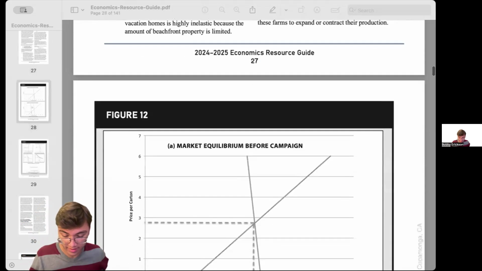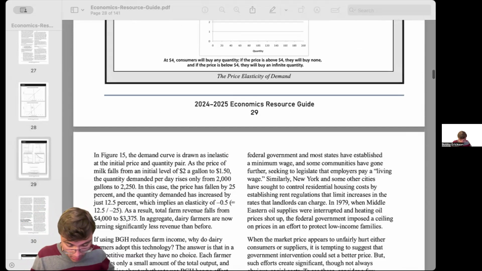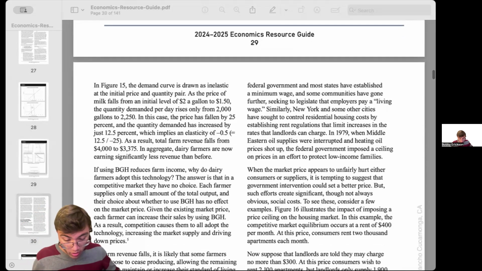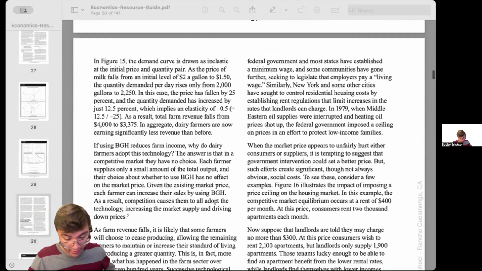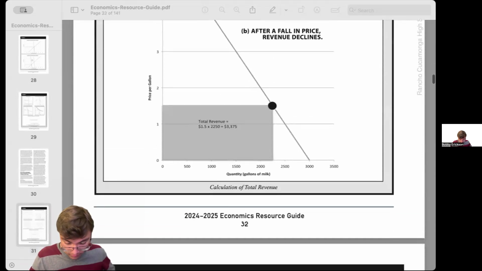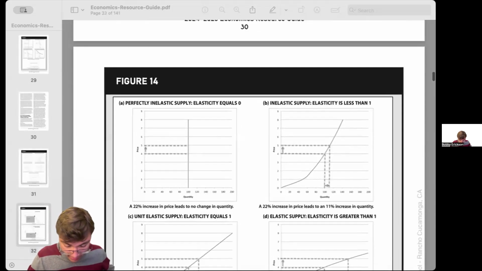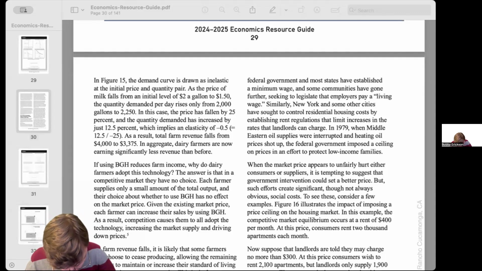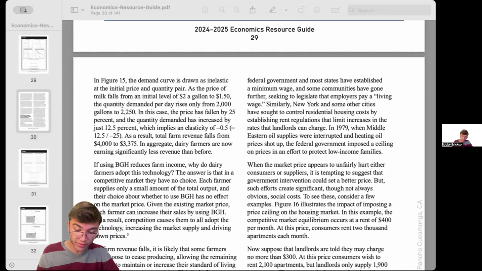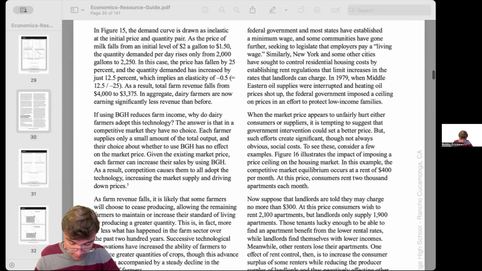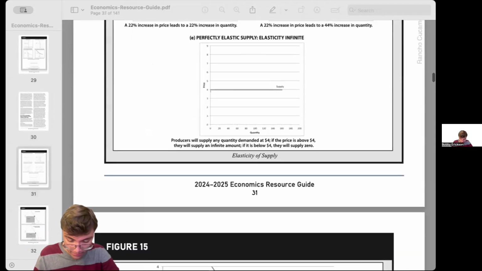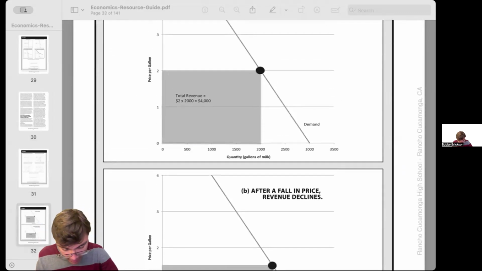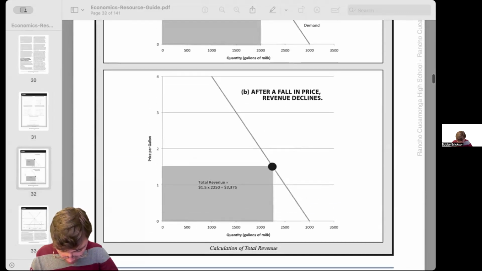So it's a relatively elastic supply. And so we can see that the demand curve for milk is going to be drawn inelastic in figure 15 here. So we see it's relatively inelastic. And we're going to do a bit of math here where we explain, okay, so what is the elasticity, first of all? And then second of all, how much is it decreasing? So we can see that I'm actually going to go to this chart right here.